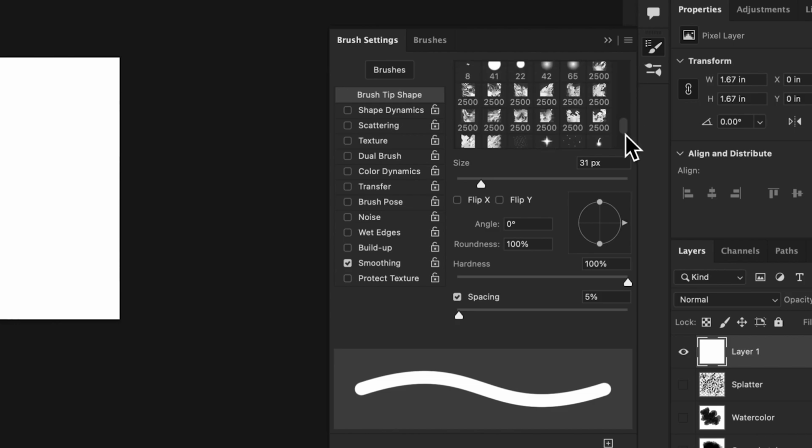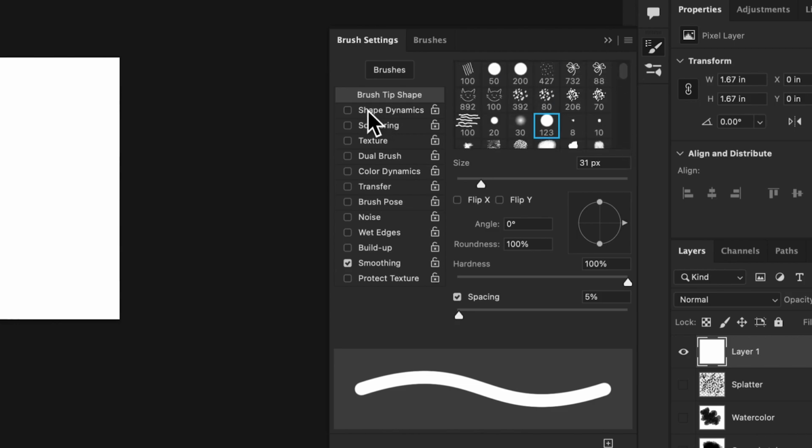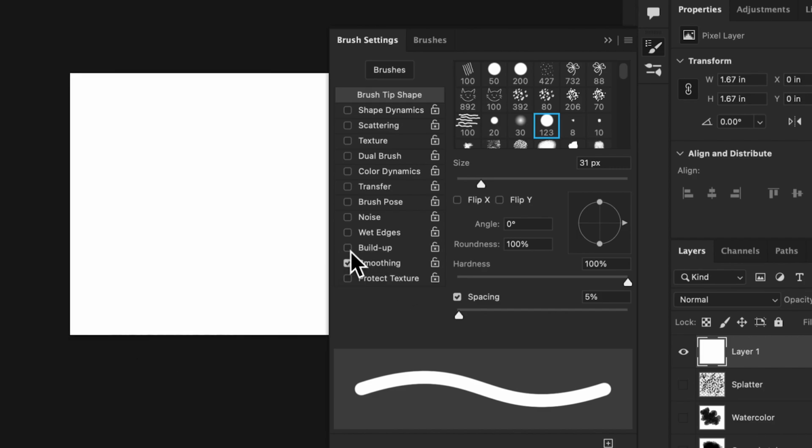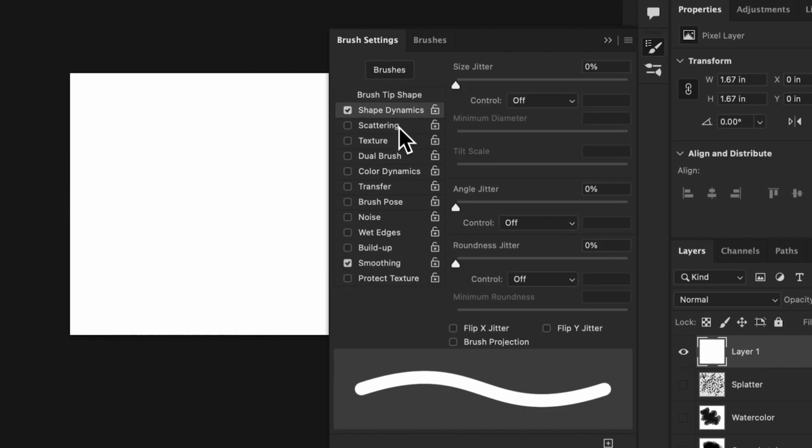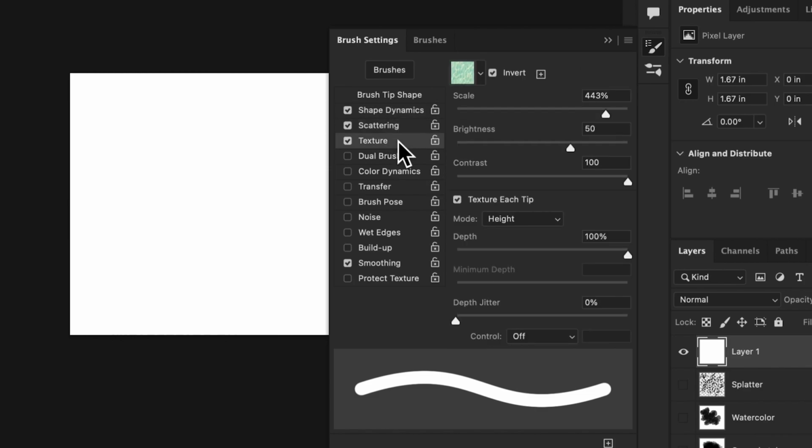It's got a lot of options, a lot of brushes, a lot of checkboxes. We're going to learn about what each of these does or does not do, depending on what we need today. So we are going to go over brush tip shape, shape dynamics, scattering, texture, wet edges, build up, and smoothing. There are other options here, of course, but we're not going to cover those today.